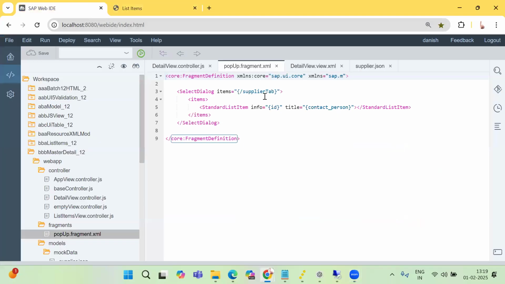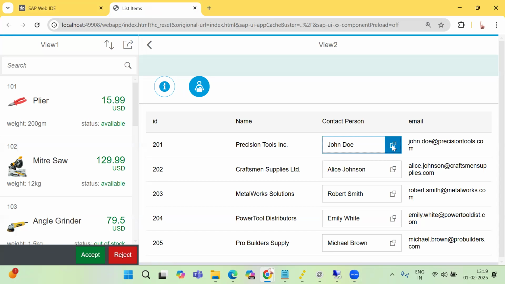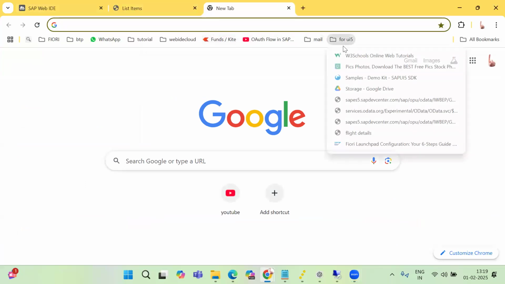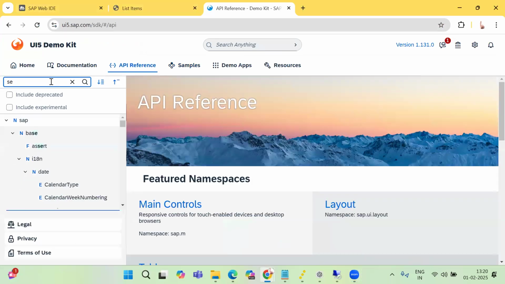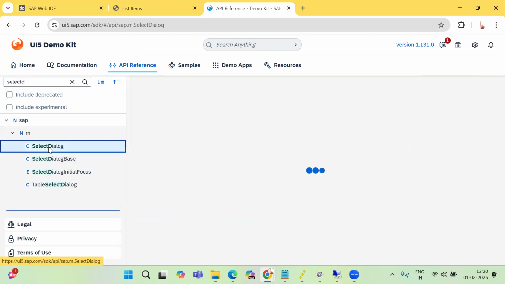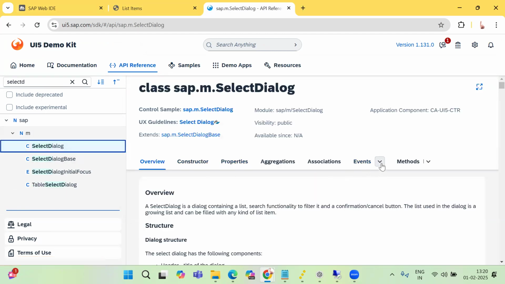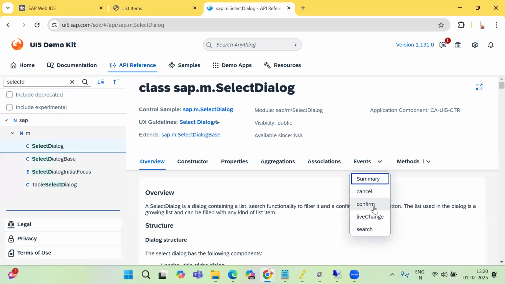and try to check how we can have the okay thing in it, because there isn't any okay right now. You want to check something and go and sit over here. So if you go into the SDK over here, go to API reference, look for select dialog. And if you come to this point, you would find that there is a thing that's called confirm